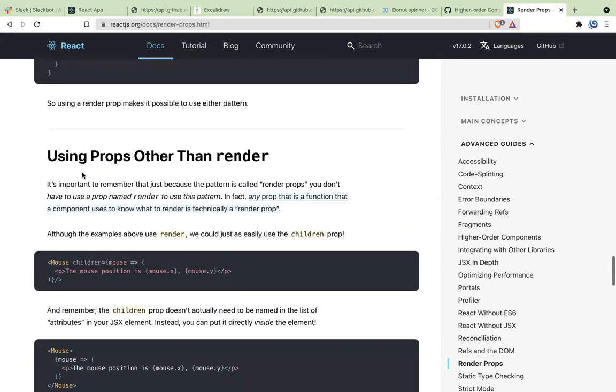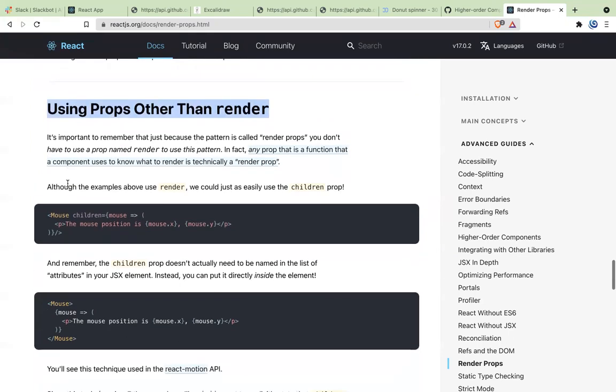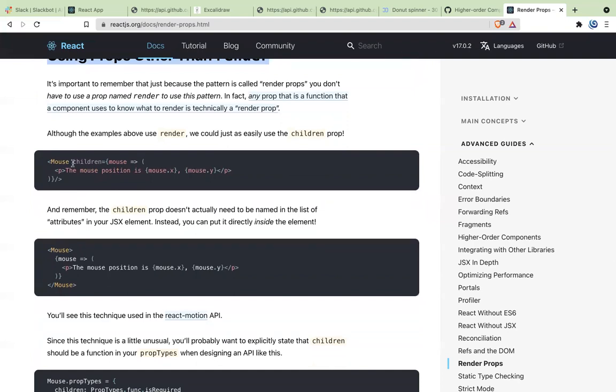So this is where you use props other than render. You don't render the thing right there; you just use props to do the same stuff. Generally, you pass children as a prop, or you can pass it like this. It doesn't matter, both are the same. And that is why it is called render props. You render the UI using the prop that you send. It will get access to the mouse, and based on it, it is just going to create the UI like this. That is why it is called render props.